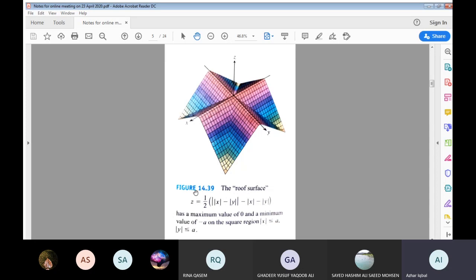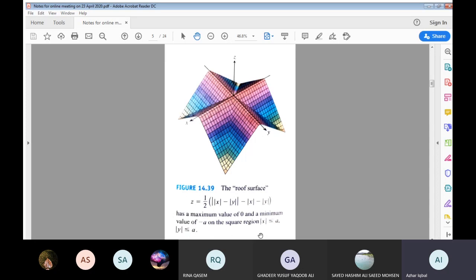So this particular function, if this is the z-axis going in this way, and this is our x-axis, and this is the y-axis, results in the plot of this three-dimensional surface. Now this roof surface has a maximum value of 0, here at the origin, and a minimum value of minus a on the square region